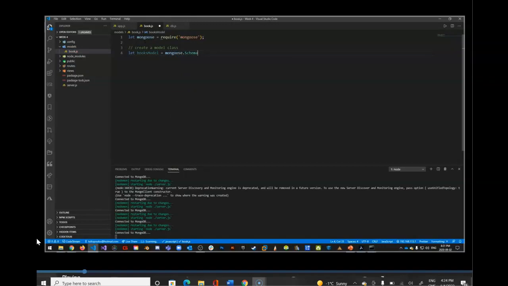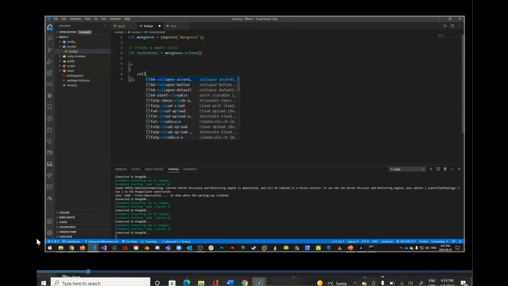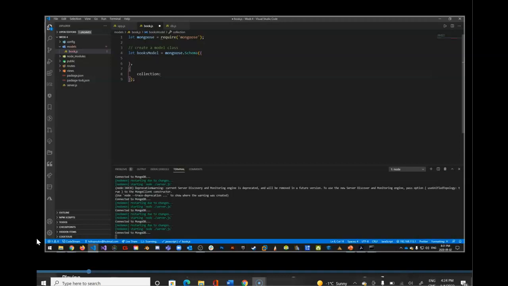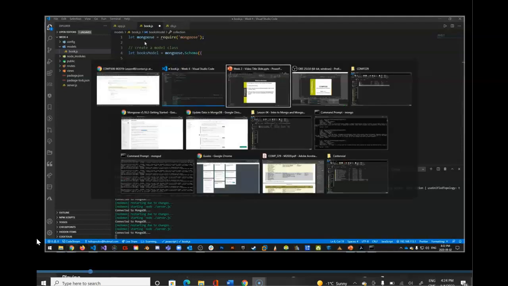Okay, so a schema is almost like a structure. We're going to open it up with curly braces. It's going to take an object. We can always make the object separate, or we can do it inline like this. After we create the object, which we haven't done yet, we also want to point to which collection. This is kind of a configuration piece. I'm going to say the collection we're going to connect to when we're ready to go is going to be the books collection. And to know how this works,